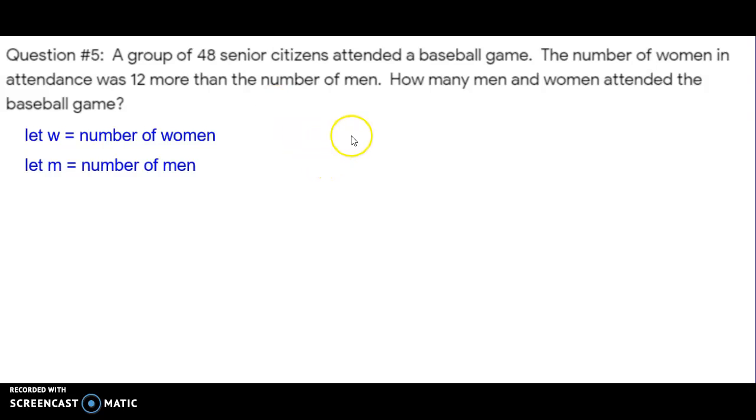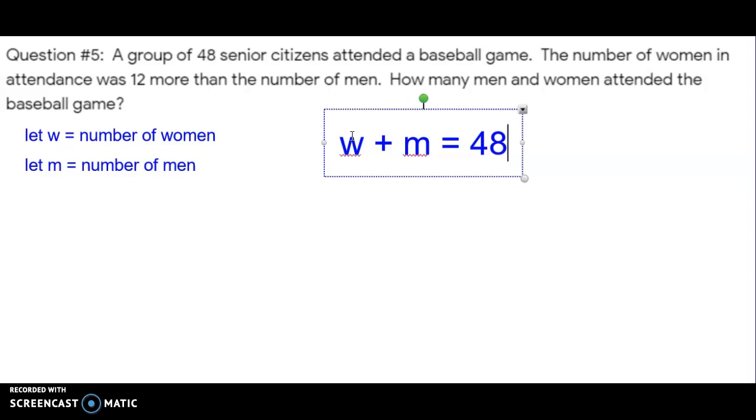I think I'm going to type this up to make it nice and neat. We know that the women plus the men has to equal 48. Maybe they took a bus to ride there together or something. We don't know. And then we do know that the number of women in attendance was 12 more than the